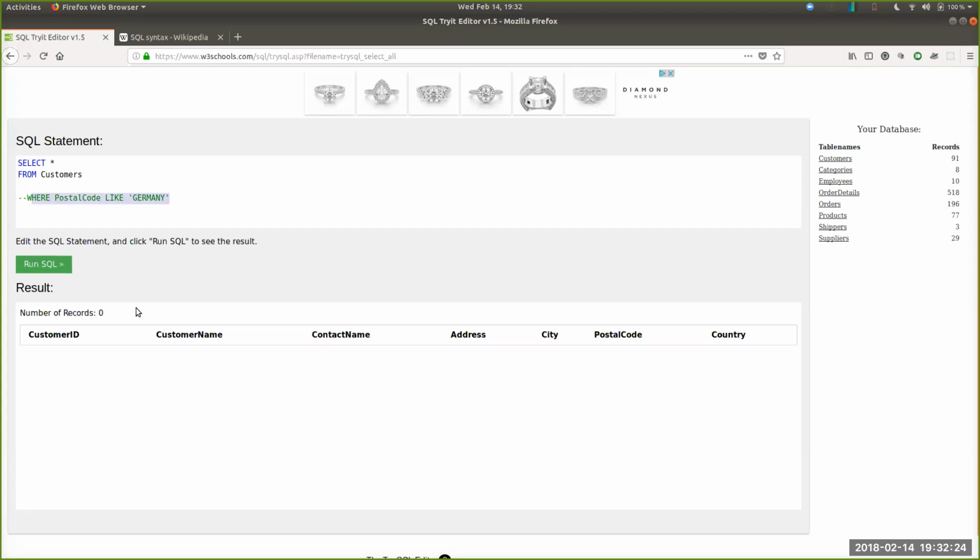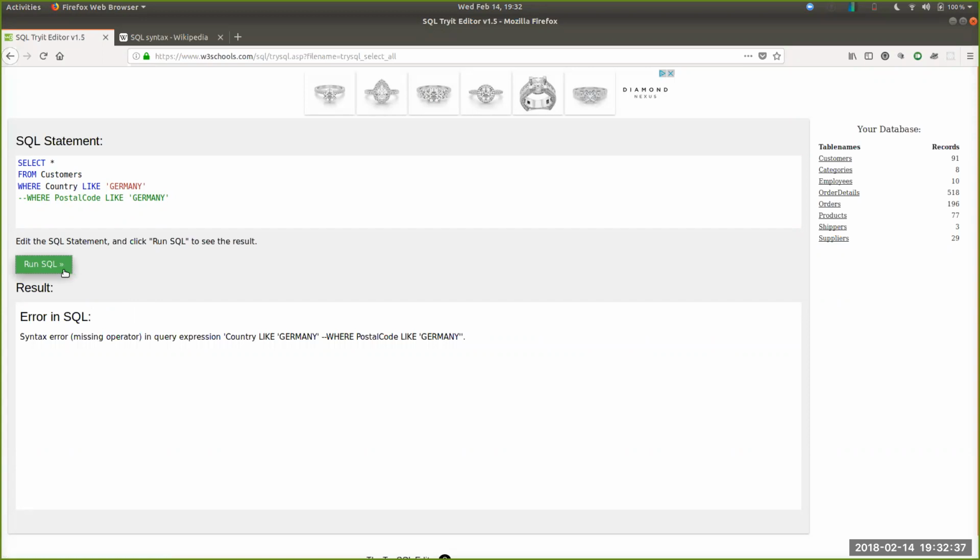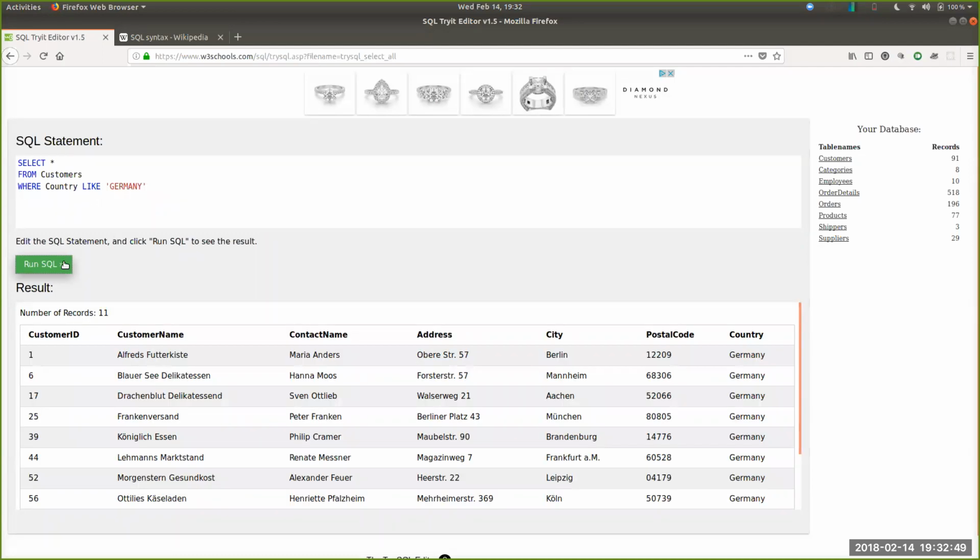So let's say where country like Germany. Missing operator. Okay, so it doesn't like commented out code in this scenario, but commented out code shouldn't be read in a typical SQL statement. So we see that LIKE is